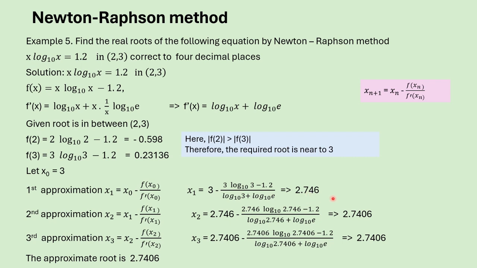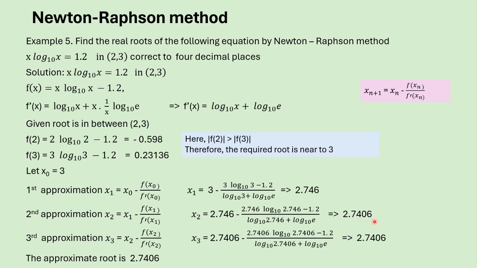2.746. Now we have to start next iteration. So x2 is equal to x1 minus f of x1 by f dash x1. So here x1 is this, minus f x1, this value. Here we have to put the value of x1, which is 2.746. So here after substituting the value we get this, divided by f dash x1. So in f dash we have to put the value of x1, which is this. Okay, so after substitution we get this. Simplifying this, we get